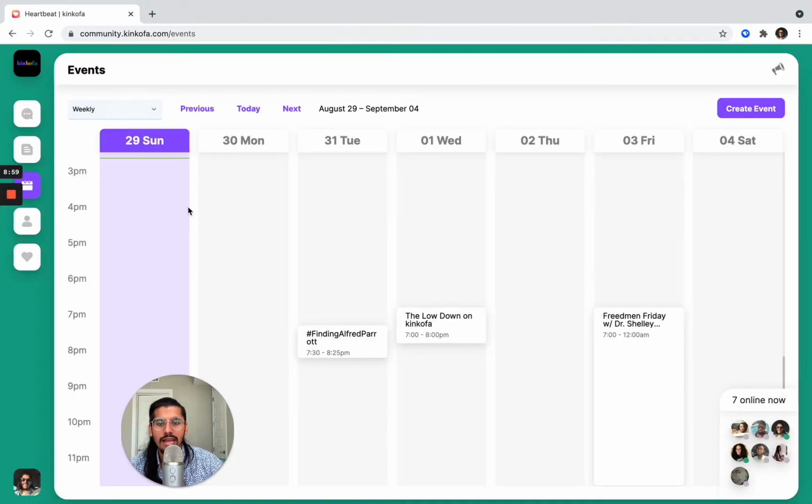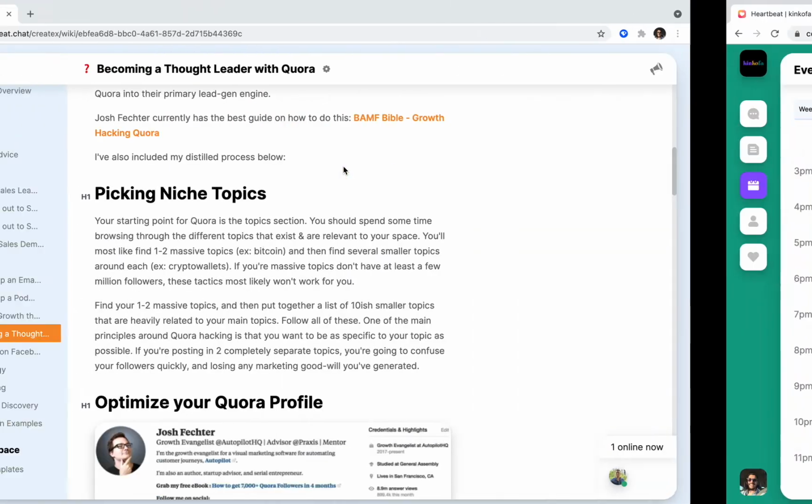And then this last organization, they use Heartbeat the most for their events. So they create events, they connect through events, they'll send out the event invites, it pops up on people's Google Calendar. It takes care of all of the work of sending out events for them and makes it really, really easy to engage their community almost on autopilot.